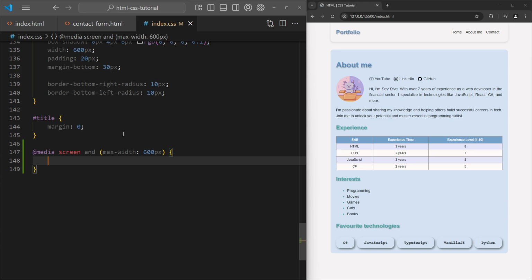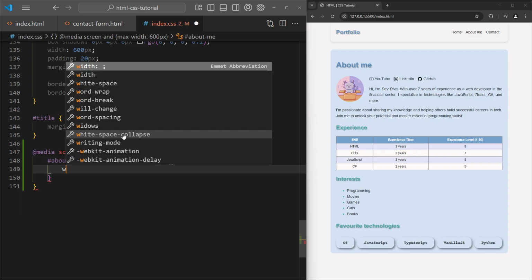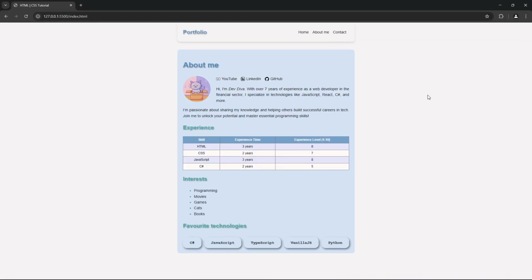So we want to change the width of the About Me section, Contact Form section, and also the navbar class to be a width of, let's say, 400 pixels. And let's check how this looks now.